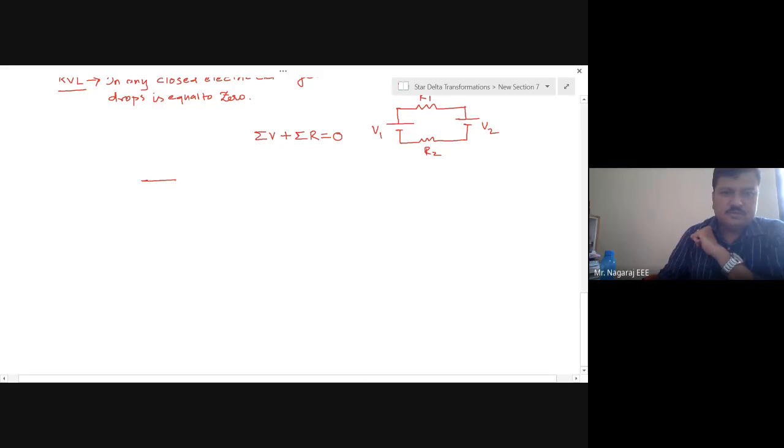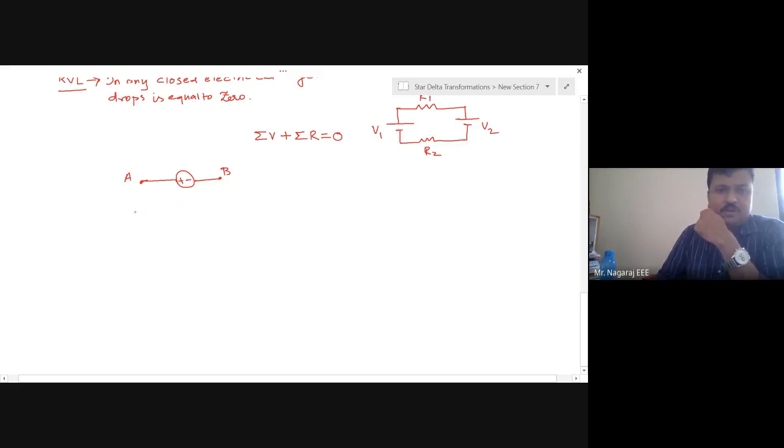Now, I have this voltage source with plus and minus, terminal A, terminal B. It is the complete recap of your first unit of second semester BEE. I am going a bit fast here because this is only the brush up required, not the complete explanation. Are you getting the things?